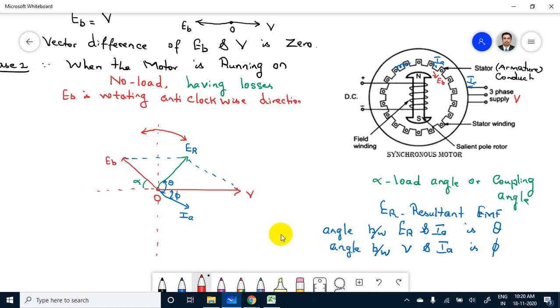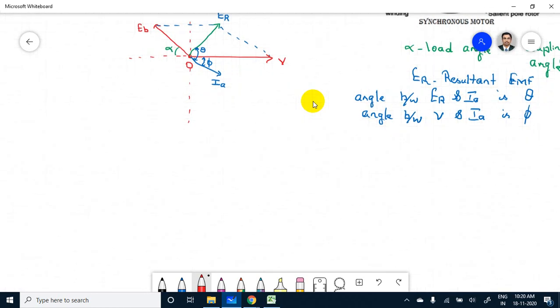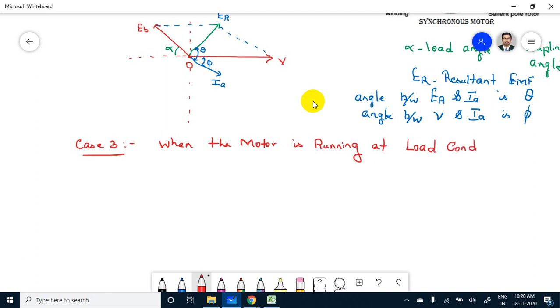Now case number 3. Now when the motor is running at load condition, because now you are applying the load, which has losses also, during this time your EB value, the back EMF value,